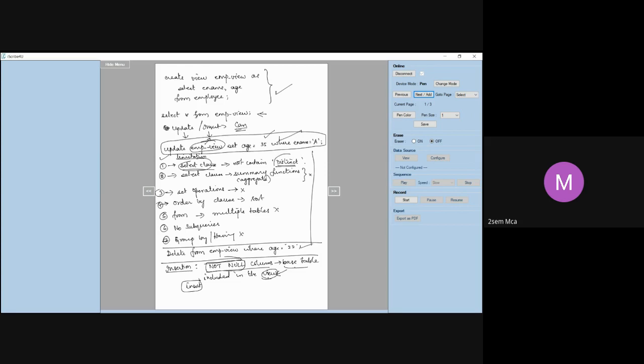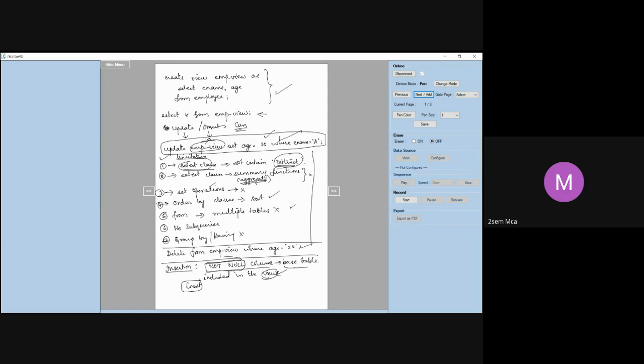You cannot make use of the distinct clause. You cannot make use of any aggregate functions when you are querying on the view. You can't use any set operations. You can't use the order by clause. You cannot use multiple tables. You can create a view by using multiple tables, I'll show that example.